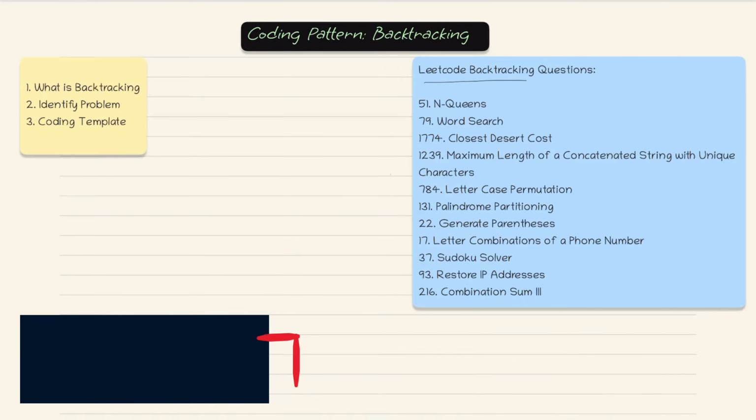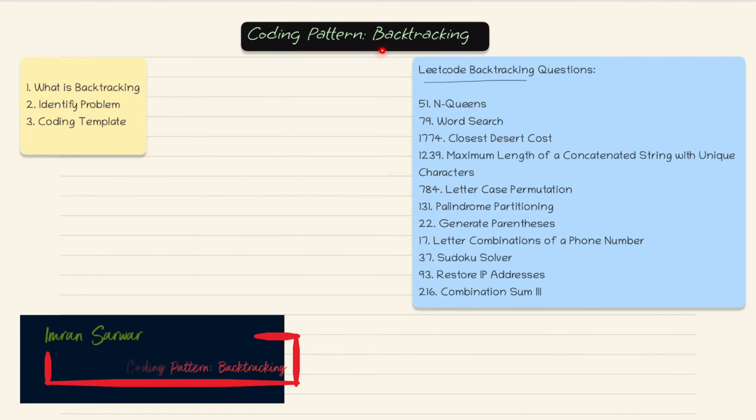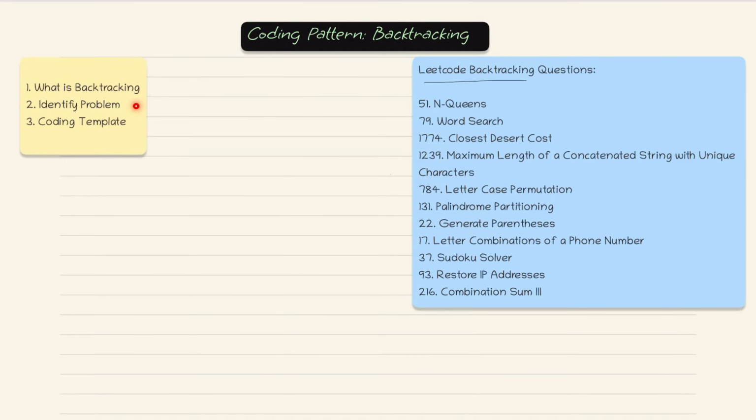Hi, hello. Today we are going to talk about another coding pattern, backtracking. So our flow of discussion will be as before. First we will talk about what backtracking is, then how we will identify the problem, then we will look at the coding template, and finally we are going to explain in more detail. On the right-hand side I have mentioned a few questions related to Leetcode problems,